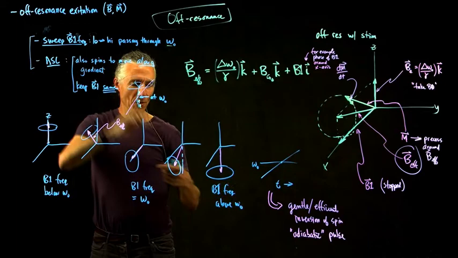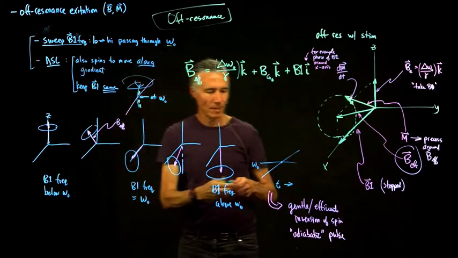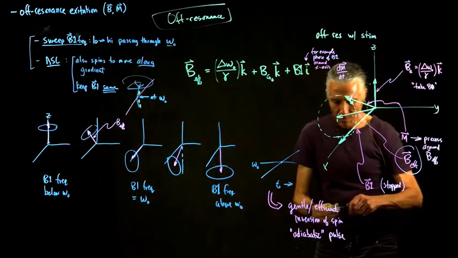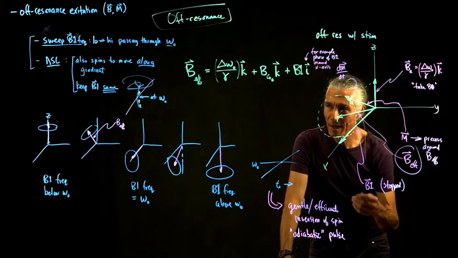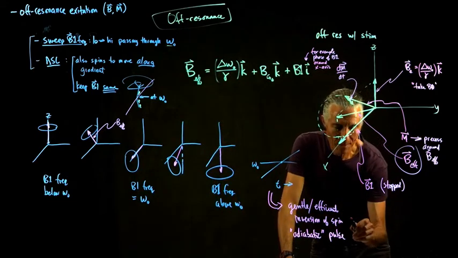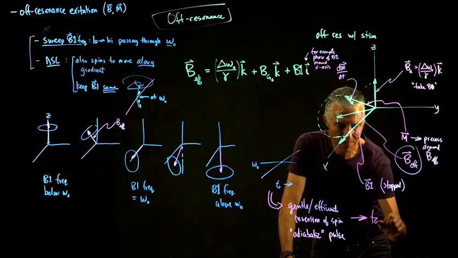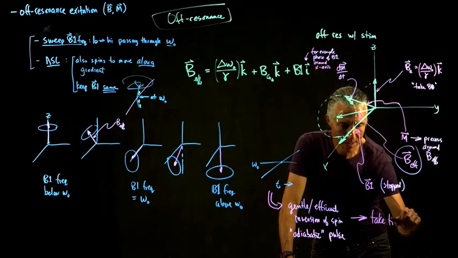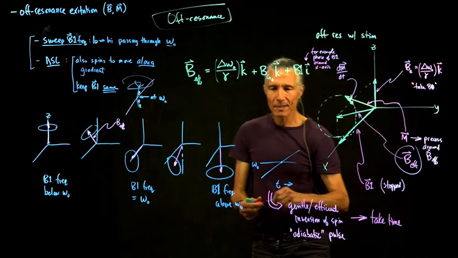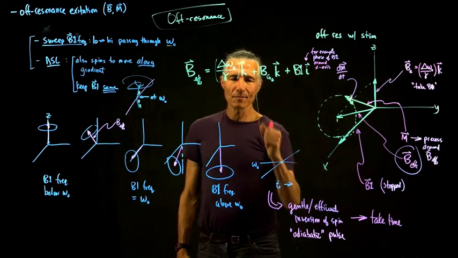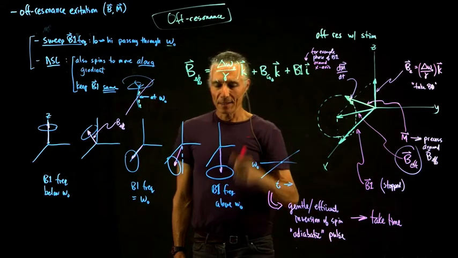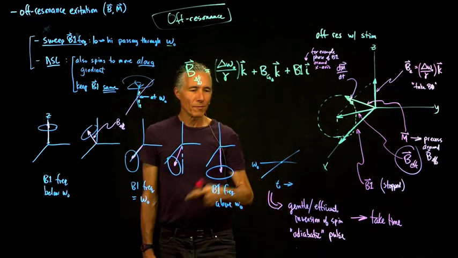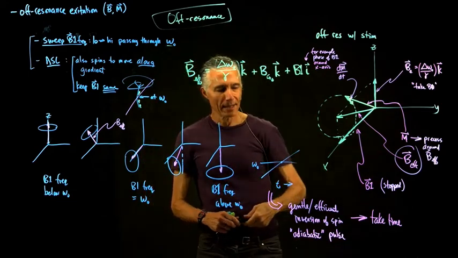What is the problem with this? Why wouldn't they do this all the time if it's a really good, kinder, gentler way to do a flip? The problem is this takes time. It takes a long time to sweep the frequency instead of just doing a little pulse with a narrow band of frequencies. And whenever you have the time to do this, an example might be